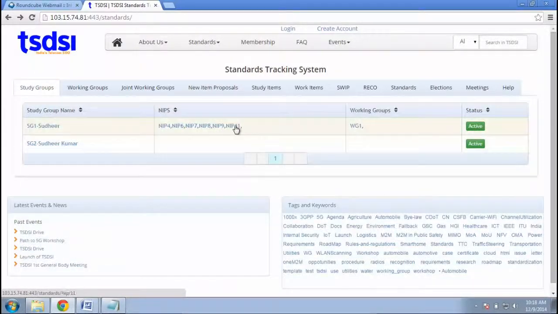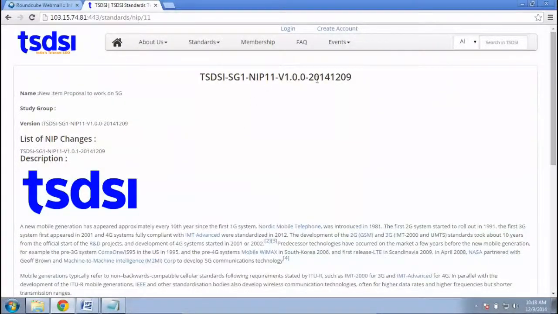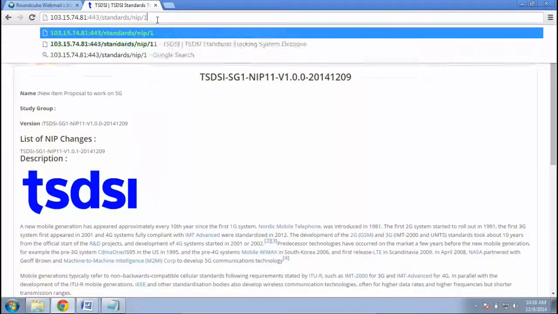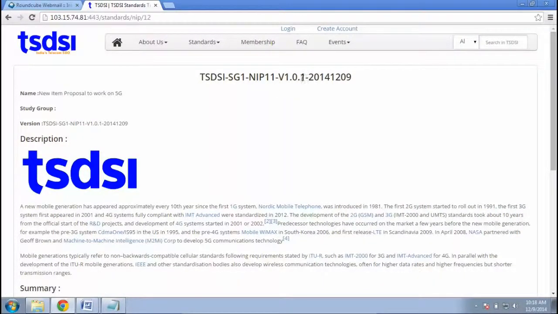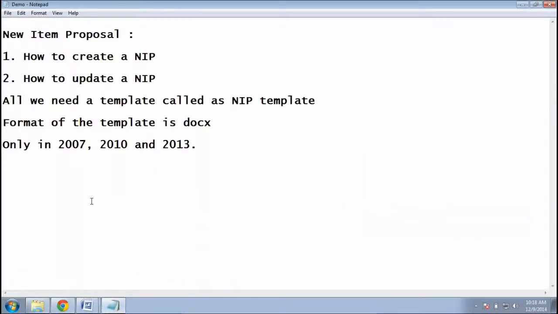Here we have created a new NIP. This is what we created today, and this is the content we have sent.